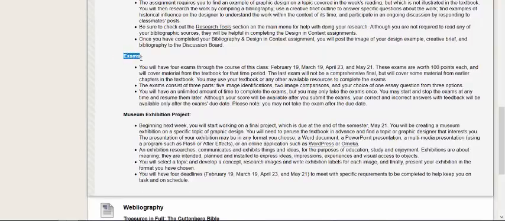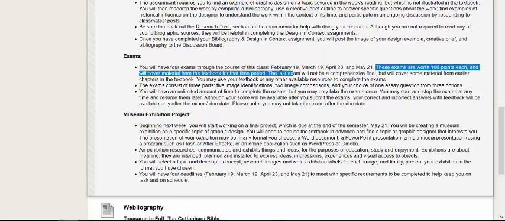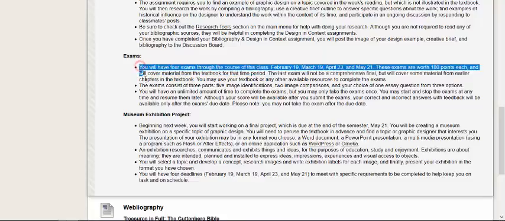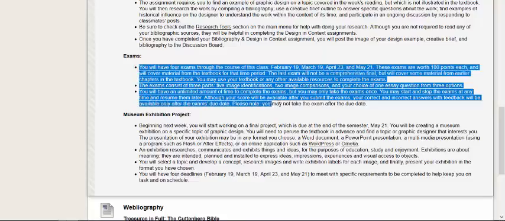You'll have 4 exams throughout the course of this class. One on February 19th, one on March 19th, one on April 23rd, and one on May 21st. And they only cover the material between those 4 weeks. The last exam will not be a comprehensive final exam, but may include some information from earlier chapters. But have a look at those